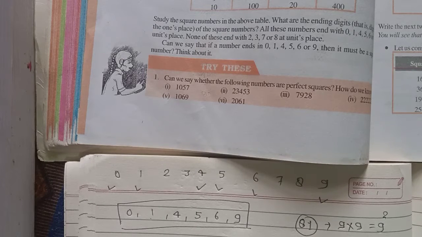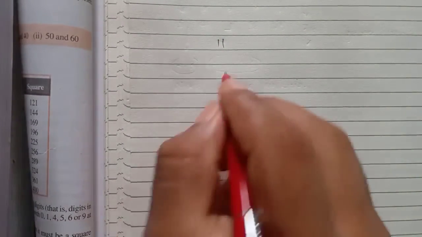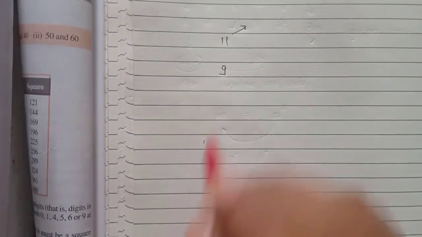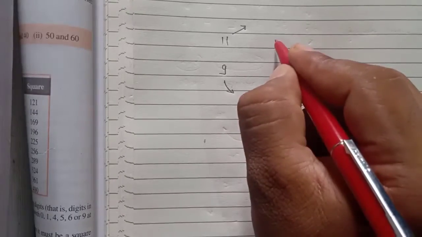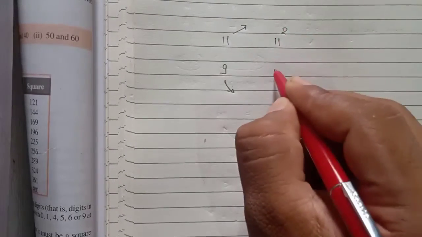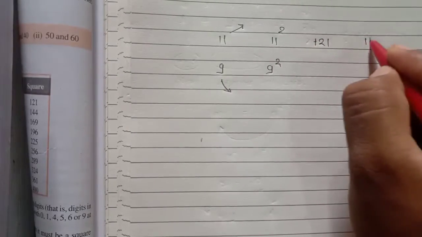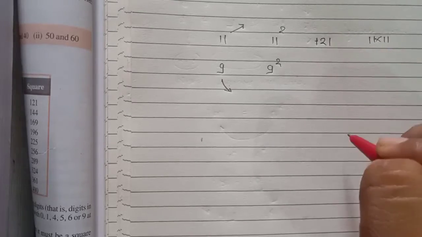Now we have some of the important properties of the square numbers. You all please see, I have a number which is 11 and another number I have which is 9. Here 1 is the digit which is placed on ones place and 9 is the digit which is placed on ones place. And if you find the square of these numbers, that is 121. Multiply this 11 2 times, means 11 into 11, you will get 121.